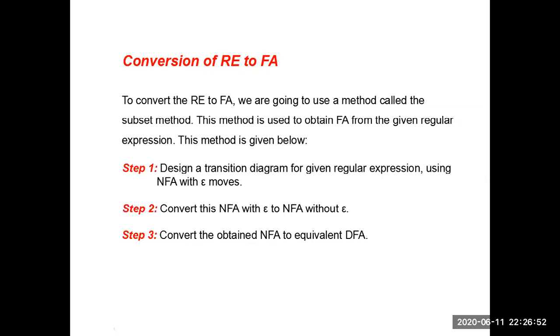I think in FLAT you have seen completely how to convert regular expression to NFA with epsilons, how to convert NFA with epsilons to NFA without epsilons, and how to convert NFA to DFA. These things are already covered in FLAT, so we are not touching those points in depth. We are only seeing the steps: for the regular expression we construct NFA with epsilons, then NFA without epsilons, then DFA, and that final DFA will be represented in the form of a transition diagram.